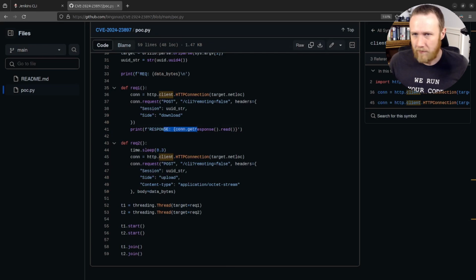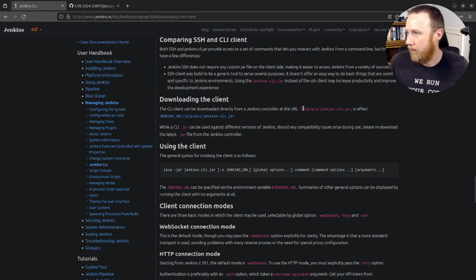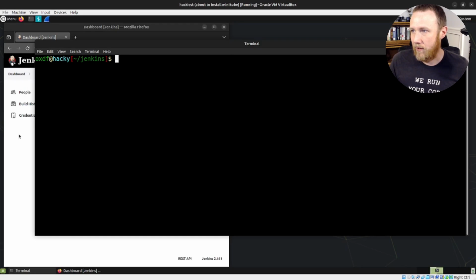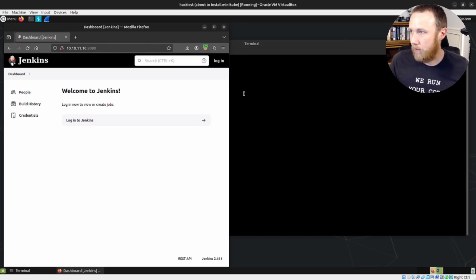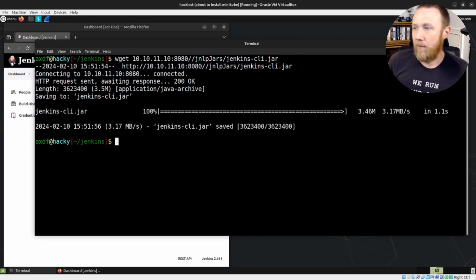I guess we're going to start by getting the CLI going. So we need to download the client. I'm going to grab this. And we will jump over to my VM where I have an instance of Jenkins here. And if we go to, let's do a wget 10.10.11.10:80/that, we are going to grab the CLI there. And now we'll do just like what they said,